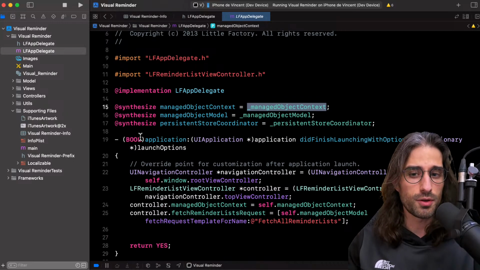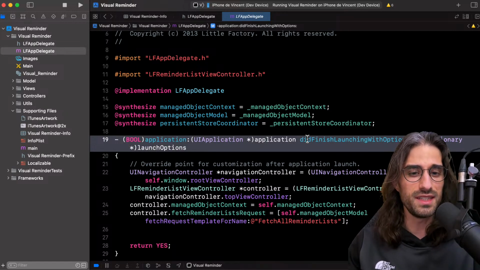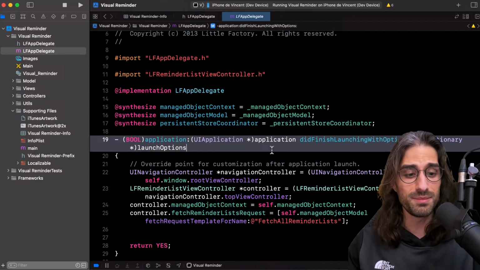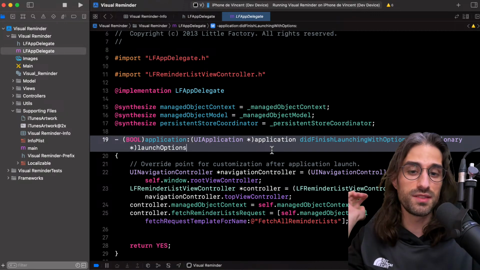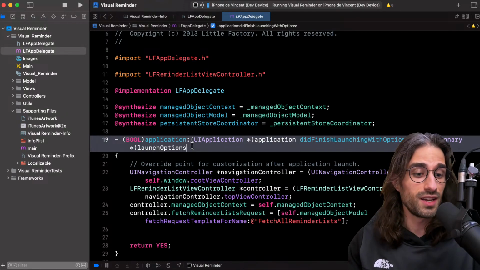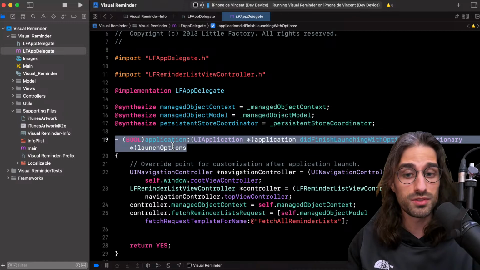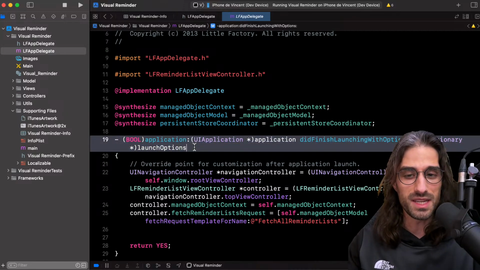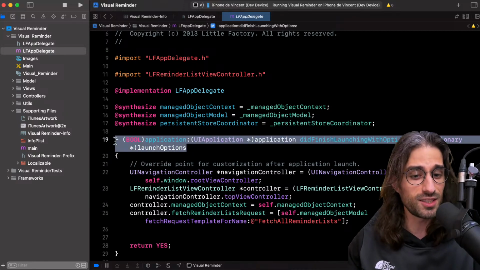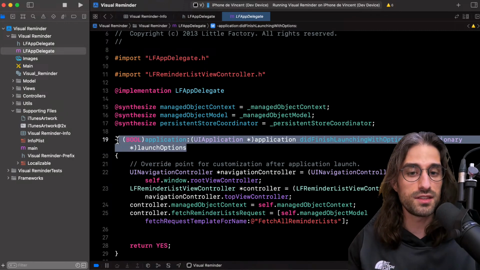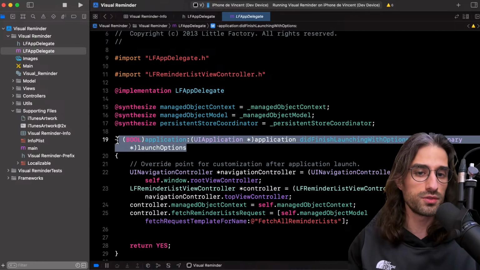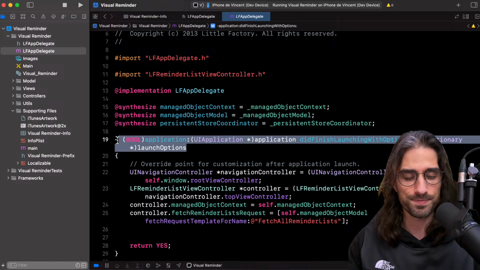Then we have implementation of some methods. For instance, application did finish launching with options. So this is what it looked like originally. And actually, since the method is @objc in Swift, this is what the method is being translated to. So when you see a selector being mentioned in Swift, it means this. This is what Objective-C called a selector, because it would then say to the instance, do you recognize this selector that was transformed to a string? And the answer would say, yes, I recognize it, or no, I don't. And in this case, you had a crash.